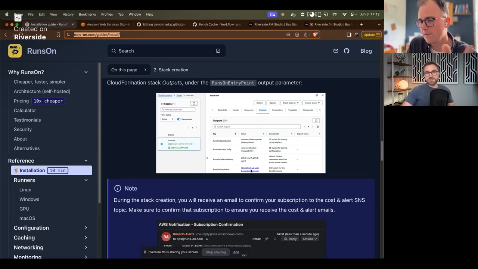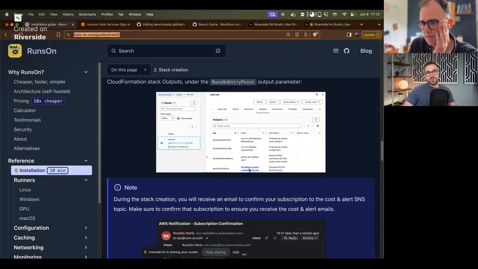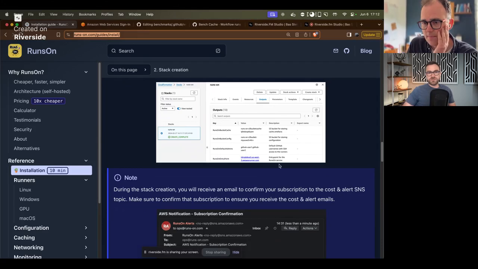It spawns a little server with an HTTPS endpoint that we can reach, and so you would just click on that link that we see in the outputs of the stack,